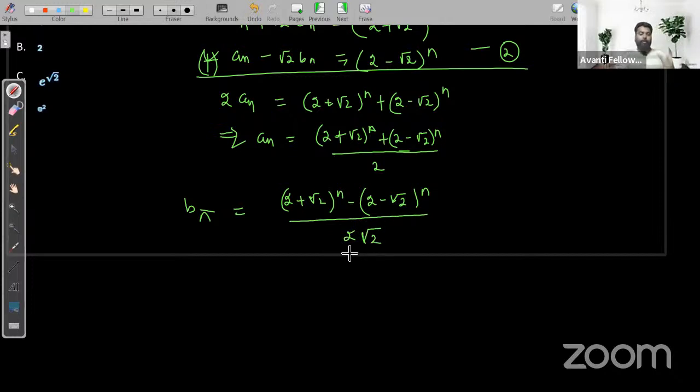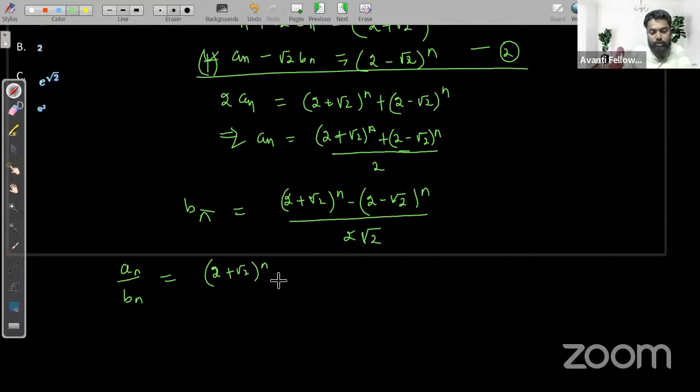So from here we got an and bn. Now you can easily find an upon bn, right? So what you are getting, an upon bn? So an upon bn will be this upon this, that is (2 plus √2) whole to the power n